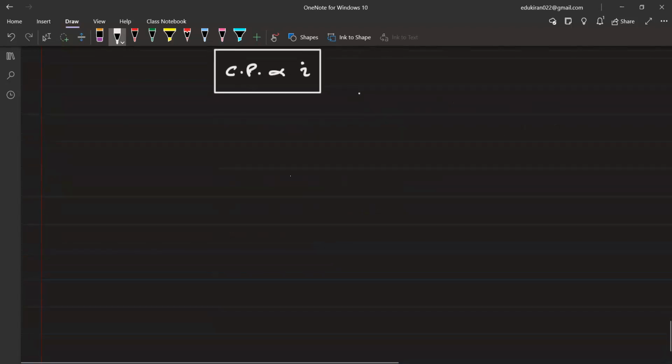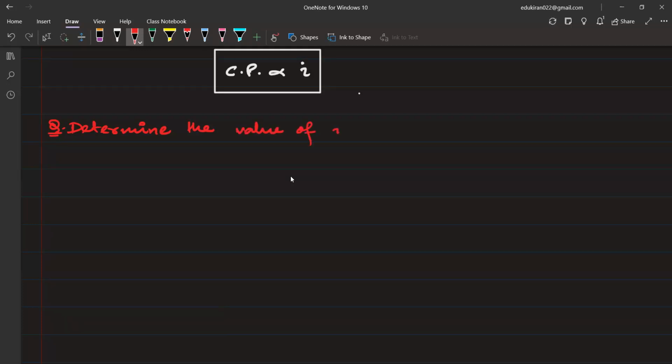Right, next, determine the value of i, the van't Hoff factor, in the following. Number one,